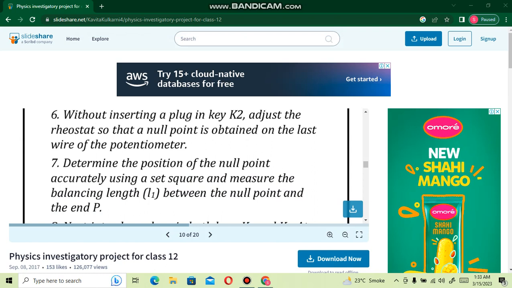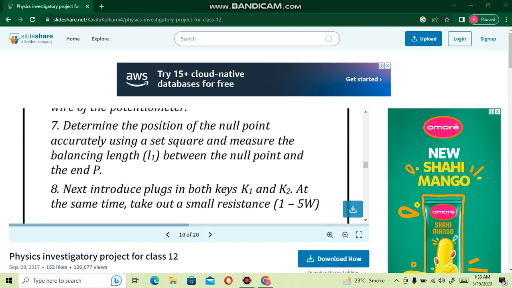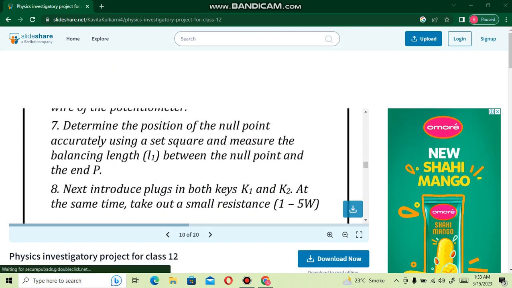Determine the position of the null point accurately. Use a set square and measure the balancing length L1 between the null point and the end point P. Next, introduce plugs in both keys K1 and K2 at the same time. Take out a small resistance